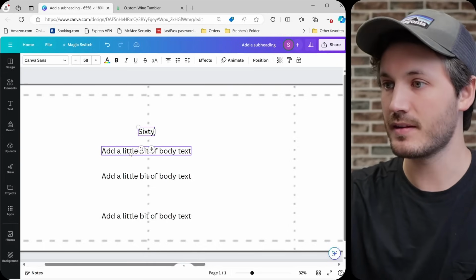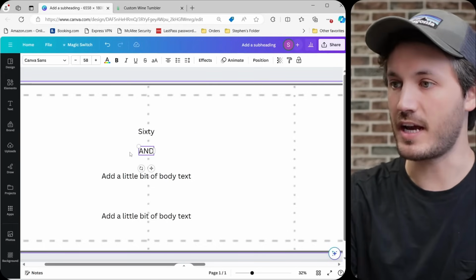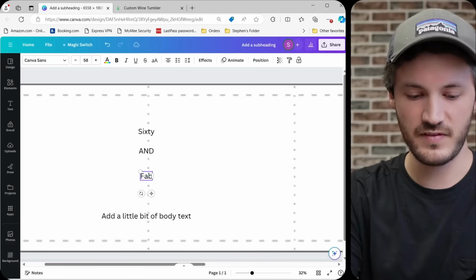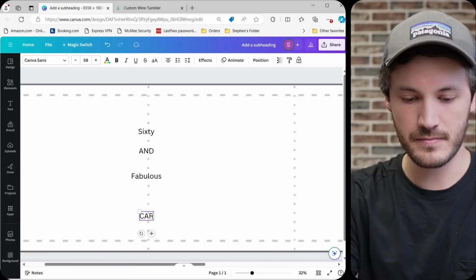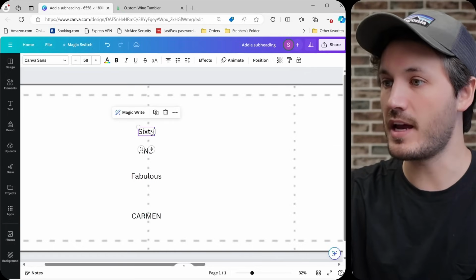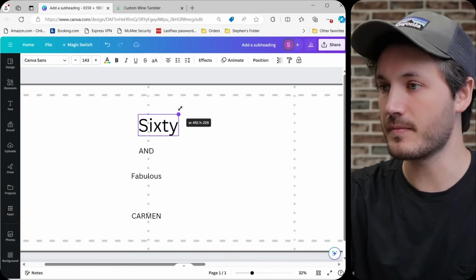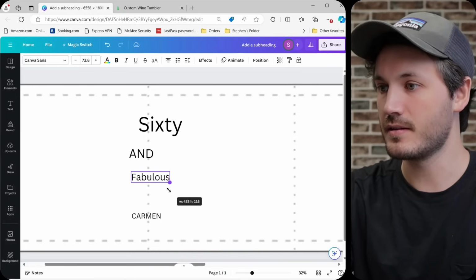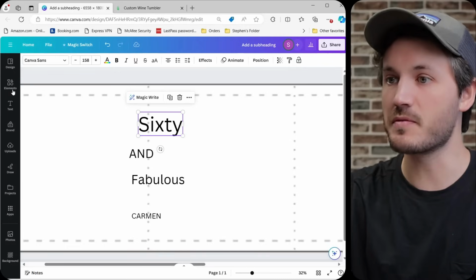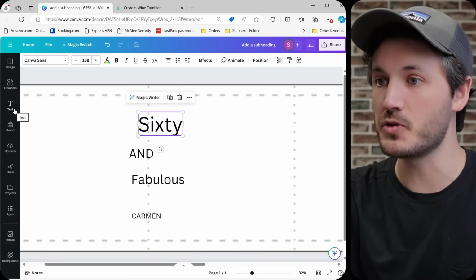I think this was all caps. Fabulous. And then down here, I think the name was Carmen. So let's go ahead and make these a little bit larger. 60 and fabulous. In terms of a font, I don't know the exact fonts that Jesse used, but if I change the font,